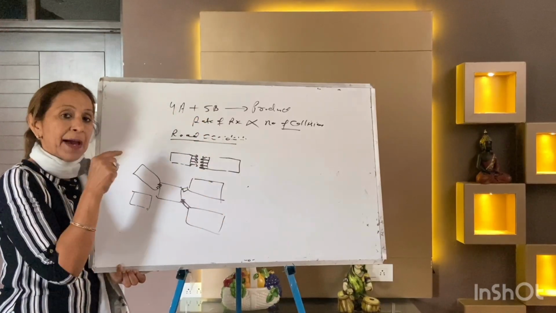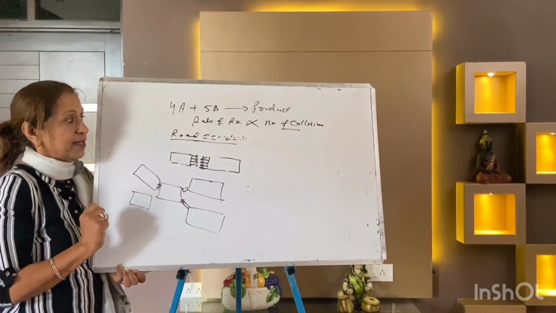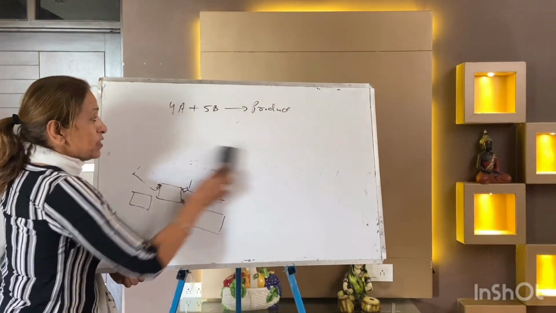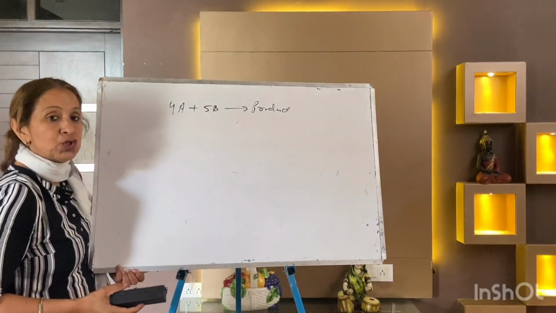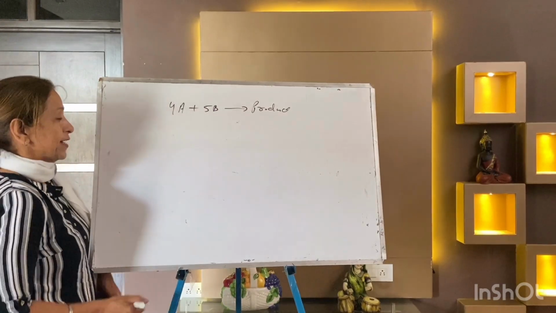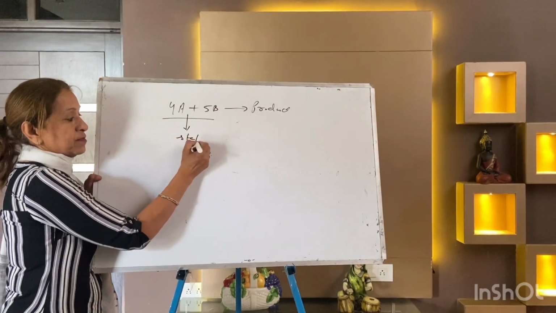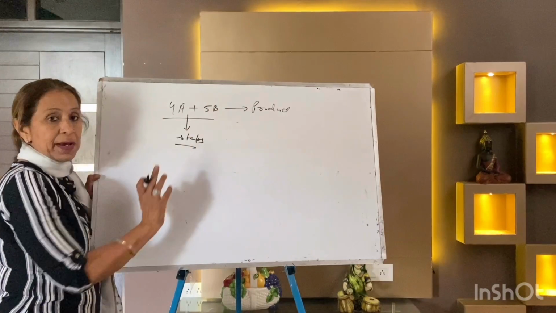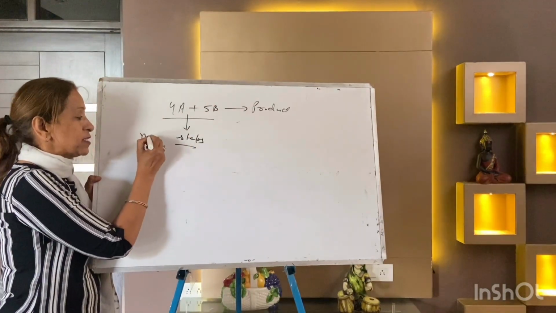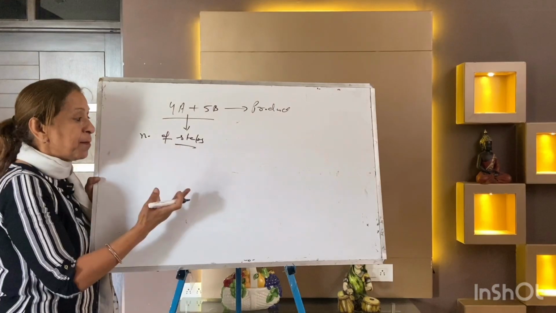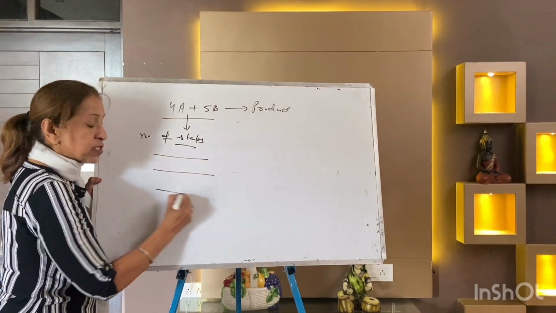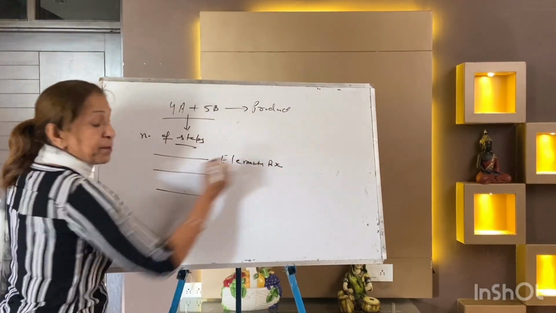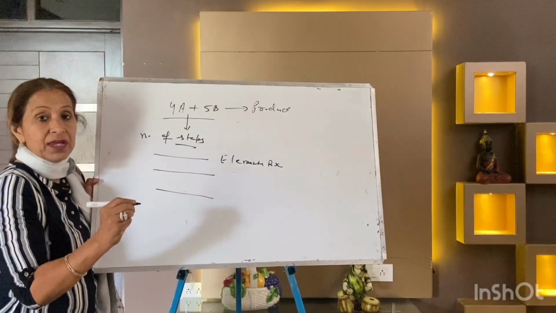The same case happens in chemical reactions. That means this reaction seems to be taking place with 9 moles reacting, but actually it does not. This reaction takes place in steps. It seems it is taking place in one step, but no, the reaction takes place in a number of steps. And each step of the reaction is called elementary.